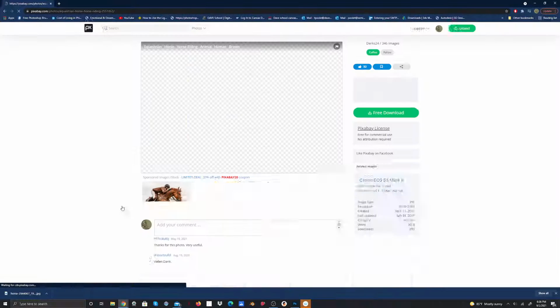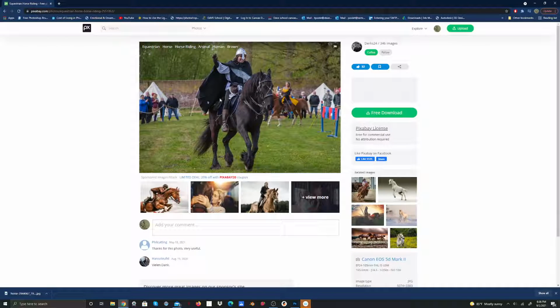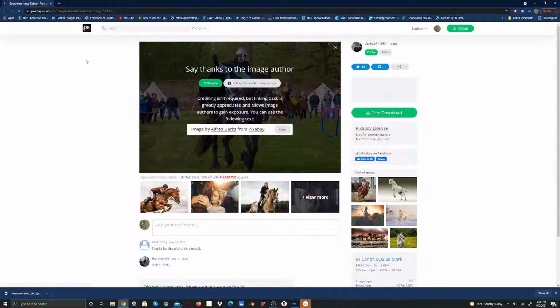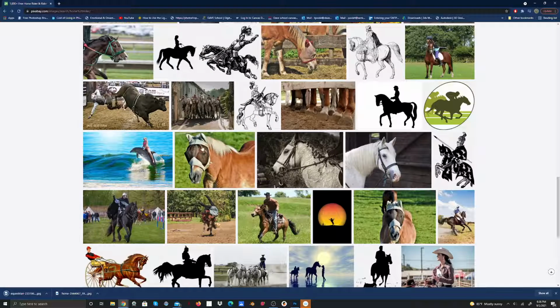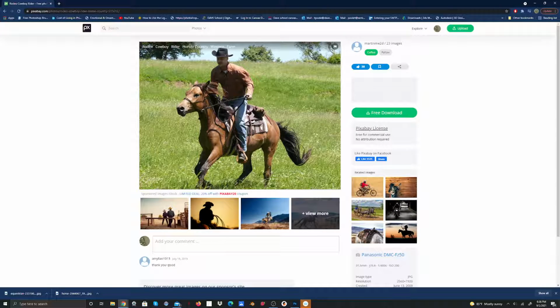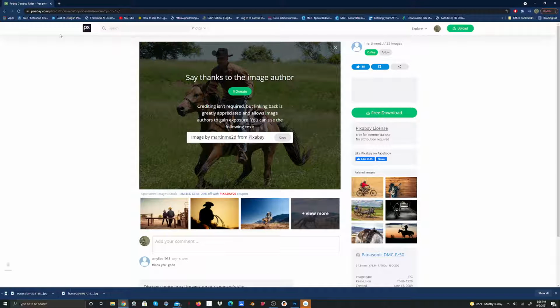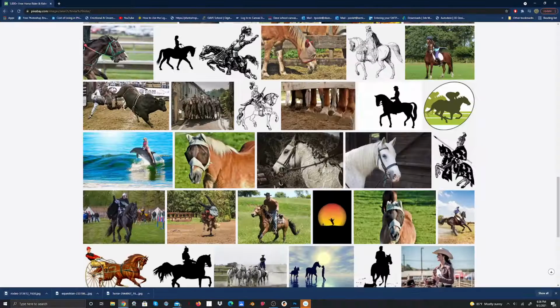Okay, here's a knight riding a horse. Okay, this is kind of closer. All right. And then a person standing up on the horse. My character's not standing up on the horse, but